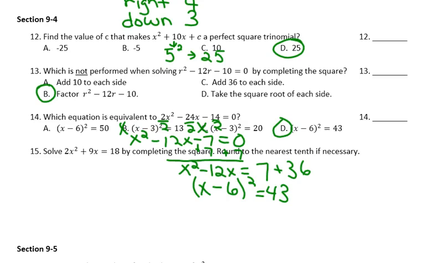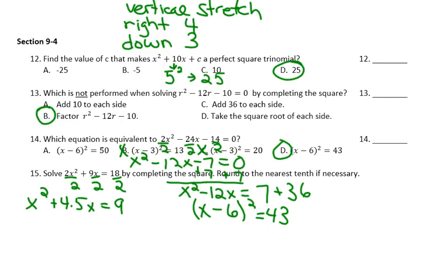Choice D. Solve this by completing the square, rounding to the nearest tenth if necessary. So I am going to divide everything by 2. So this one does get a little messy. x squared plus 4.5x equals 9. Then I need half of 4.5, which is 2.25. And then I'm going to have to square that and add it to both sides. So